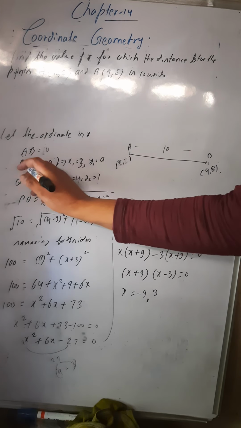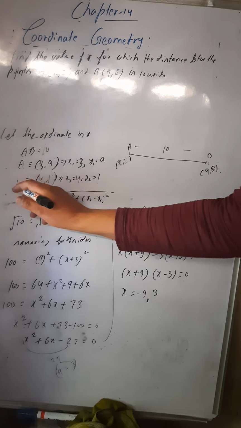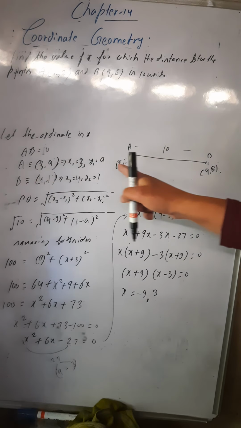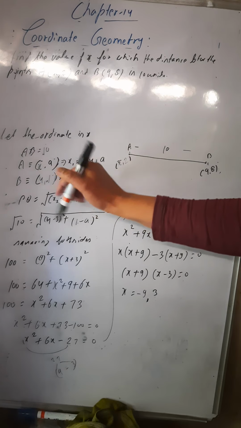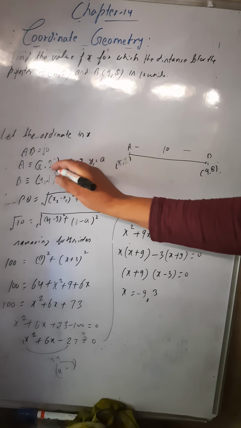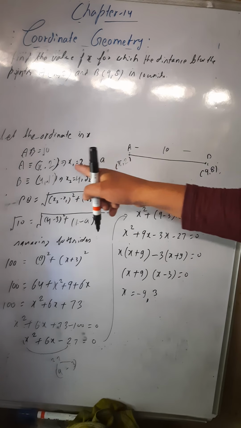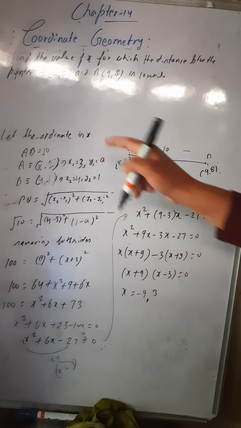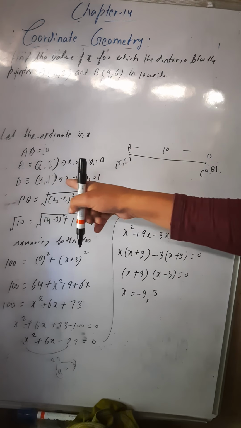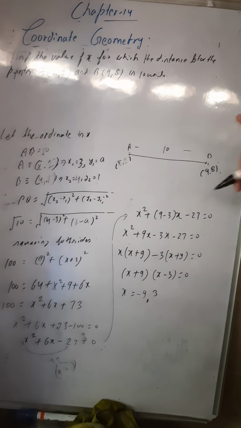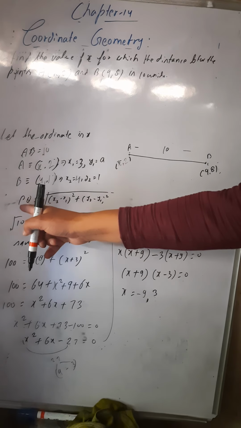Okay. First point is A now and second point is B now. Coordinates of A are x comma 2. Here it is x and here it is 2. So x1 is x and y1 is 2. Getting this? Similarly, the coordinates of B are 9 comma 8. So x2 will be 9 and y2 will be 8. So in the same way use this formula now.